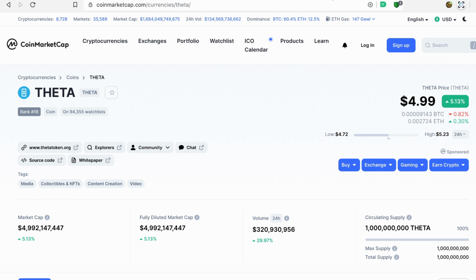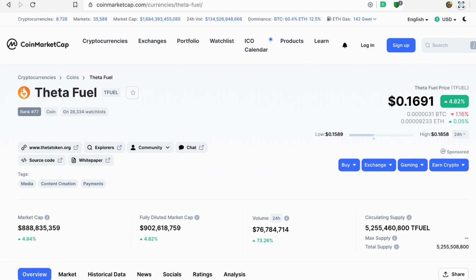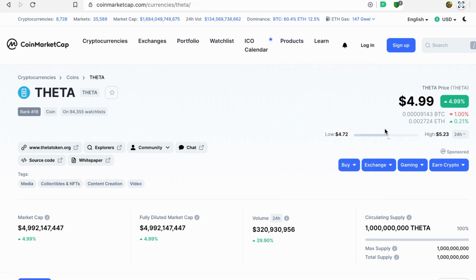And then they have something called tfuel. Now, tfuel is the secondary. It's at 16 cents, almost 17 cents right now. Every Theta transaction requires tfuel in order for that transaction to happen. And currently it's, or I guess I should always say, it will always be